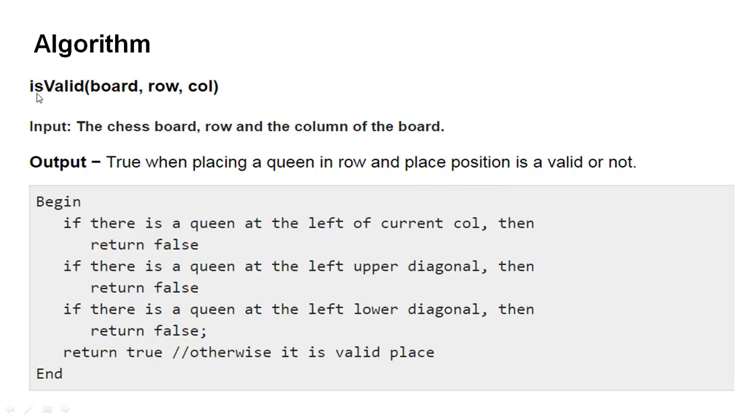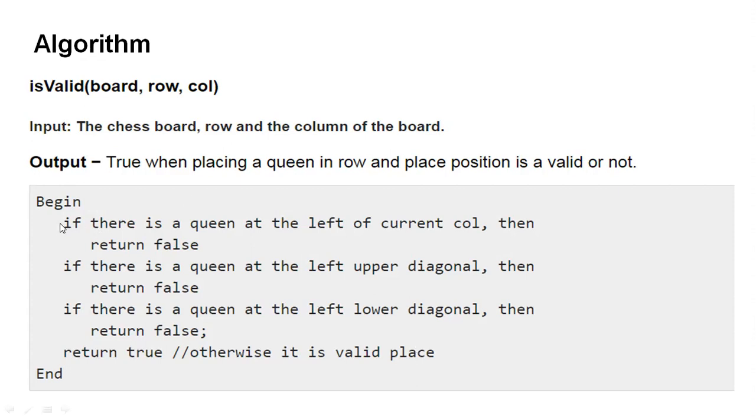First thing in the algorithm, we are checking whether the position is valid or not. So to check, 3 things are required: one is the board, the size of the board, that is n by n, and a row and a column. So for example, row is 1 and the column is 1. So you can understand at column 1, at row 1, that is the position you can easily identify. So here the chessboard is the input, row and the column of the board are the input, and in output what we are getting is whether that position is valid or not.